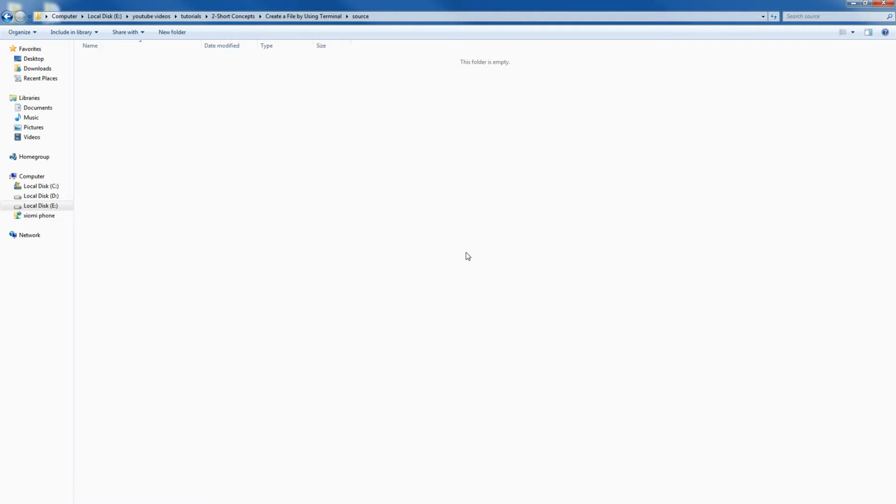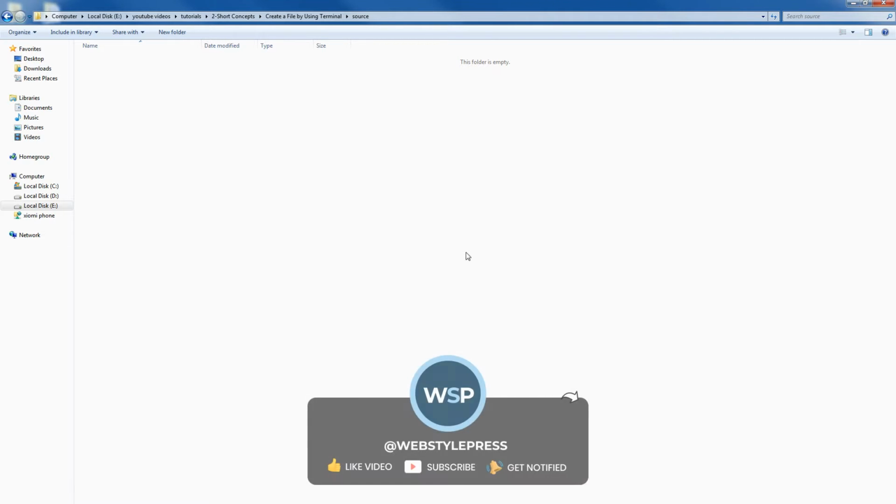Have you ever tried to create a file but the operating system refused it? You can easily create a file by using a terminal or command line program. This is helpful when you are unable to create a file for some reason. Let's say it's a system file or a hidden file, or it does not contain a name, for example a .gitignore